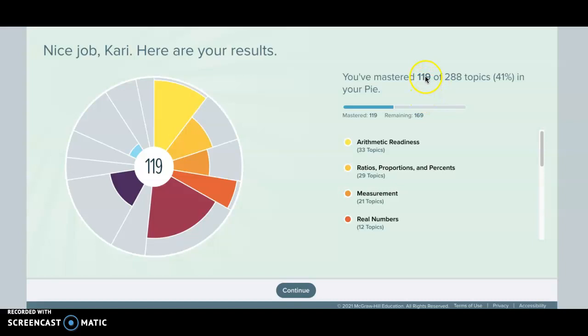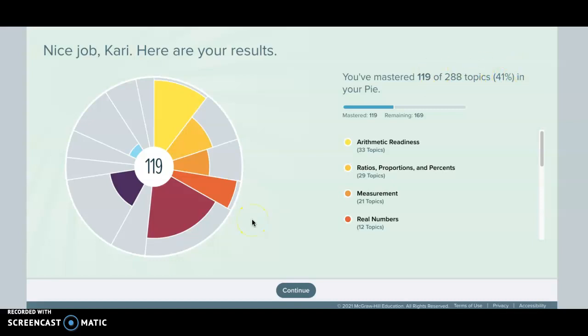But look, it'll tell you how many topics for the whole course. There's 288 topics in the course. I randomly just chose this to make it for me. And in this case, I knew 119 out of this many topics. I already have almost half of the course done. I don't expect you to have half of the course done when you do this, but you'll have some. Everyone ends up with some